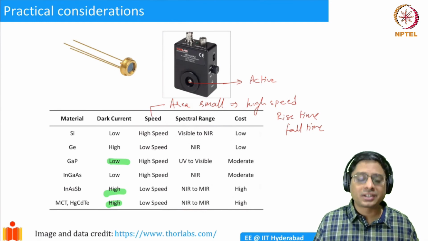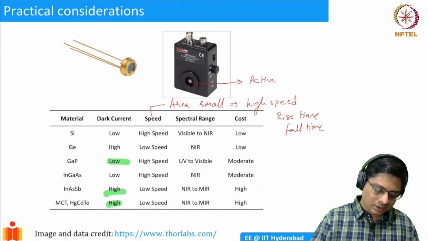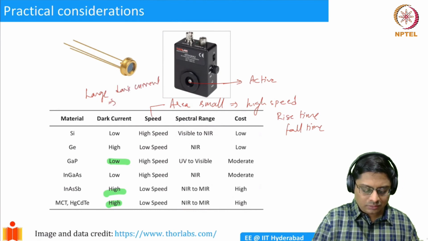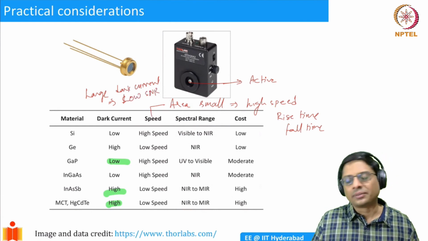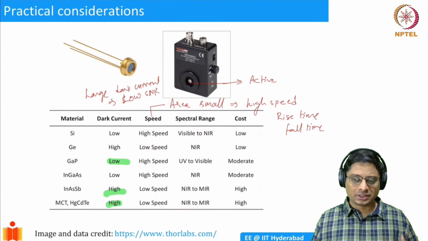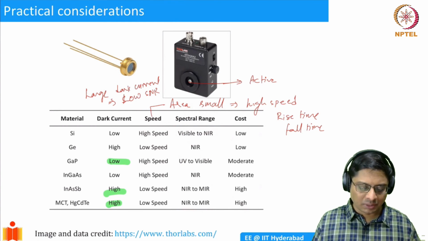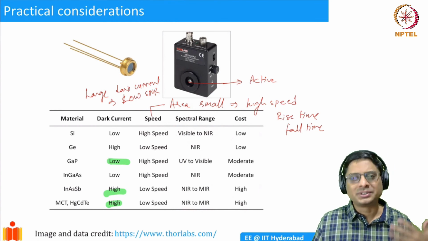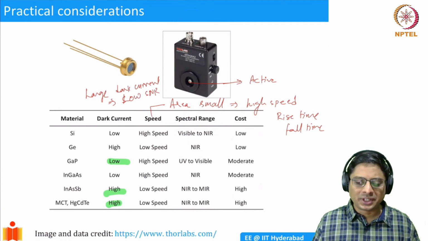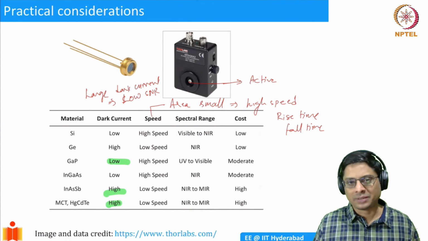So what happens if you have high dark current? Large dark current implies low SNR. And what are the limits of detectivity, how small can you detect, in terms of noise equivalent power? If you increase your optical power, it's going to have more noise. So there's something called noise equivalent power. You can calculate a whole range of parameters, and you can choose which detectors to use based on those parameters.